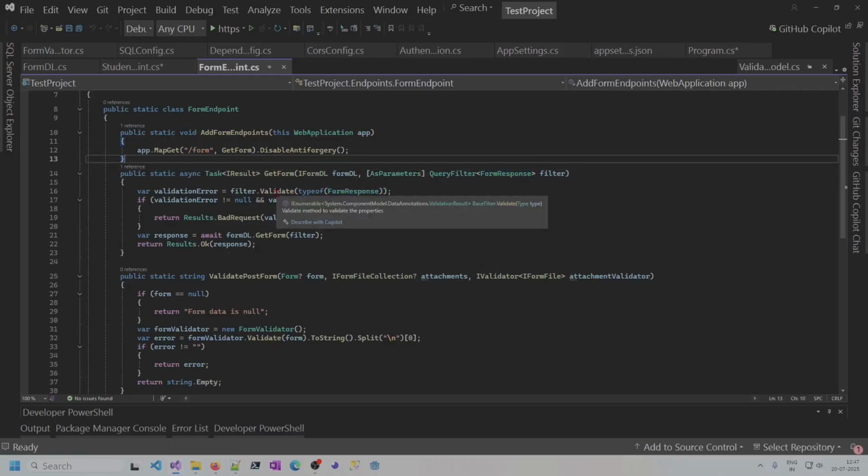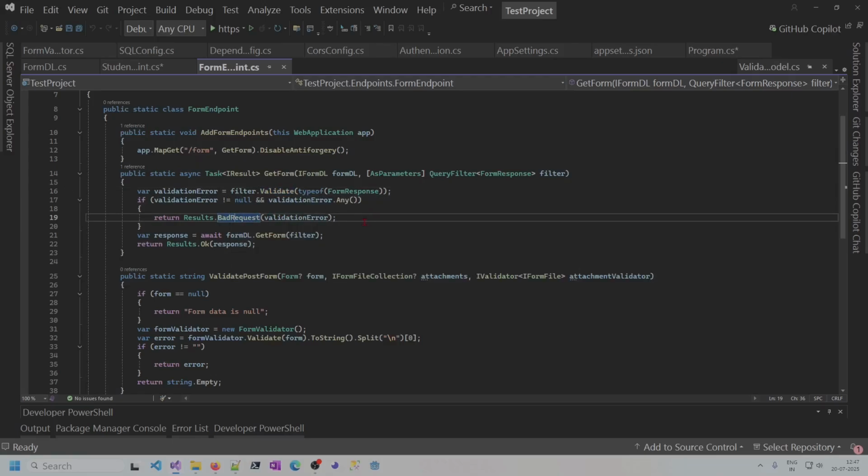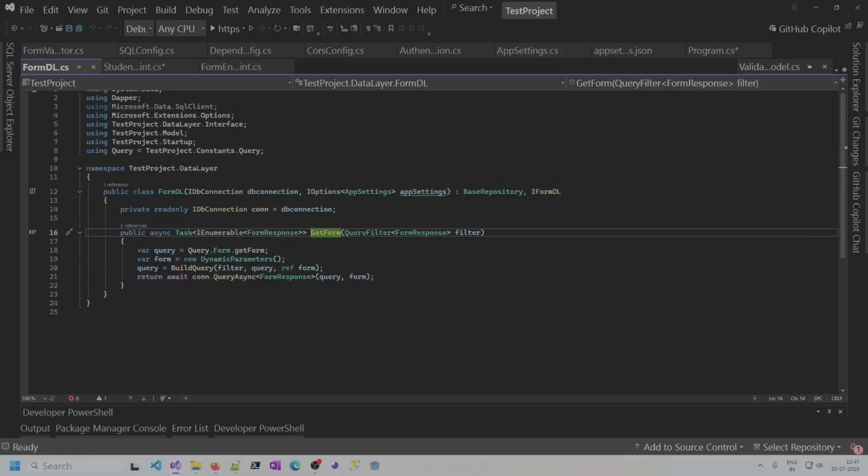and then it will first validate the request. If it is a bad request, it will give bad request. Otherwise, it will go to the data layer here. And in the data layer, we are just running a query. So I'm using some query filtering here. But if you don't want to use query filtering, you can just remove this and just add this directly here. This will also work. Just put your query, and